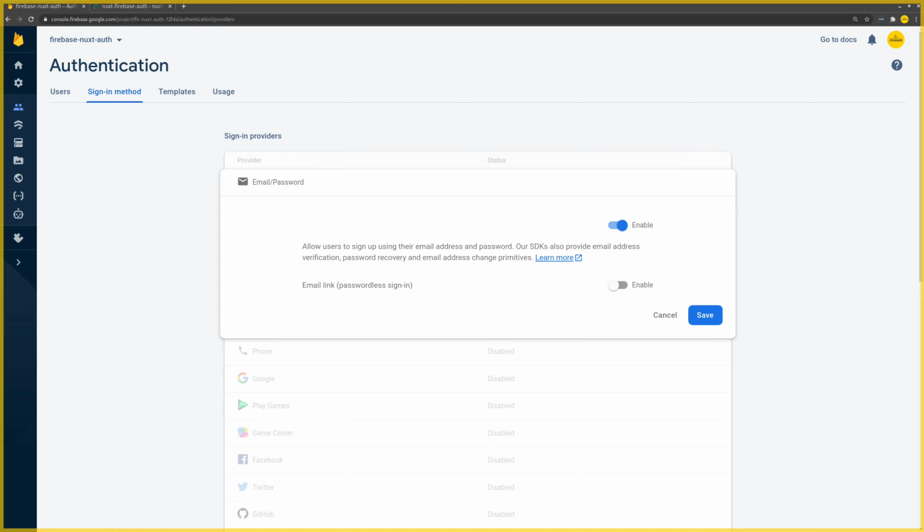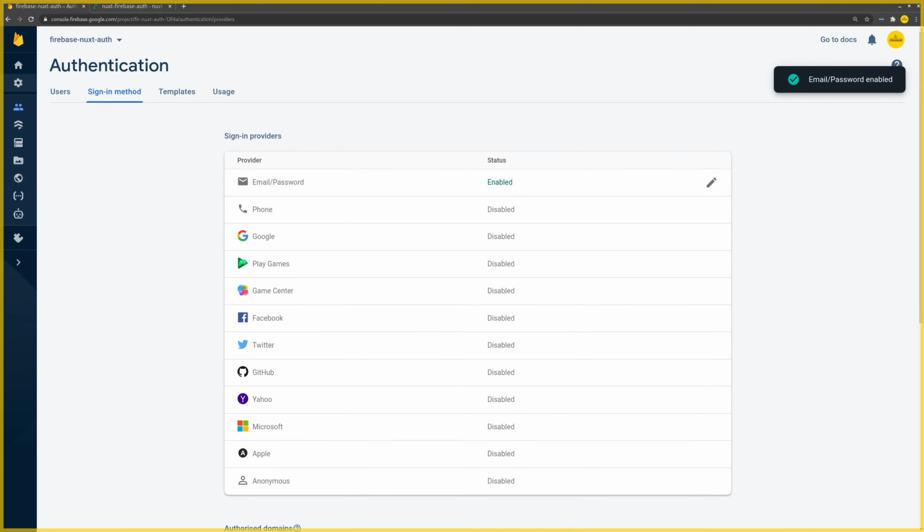You could also do passwordless sign-in, which is very cool. And you basically just get the email link and then you click on that, and it's almost like an OTP. But we're not going to do that. We're just going to use simple email password verification. And then if we go back to